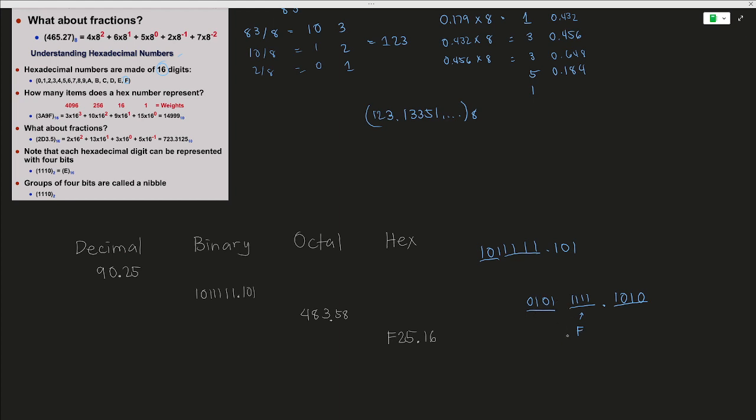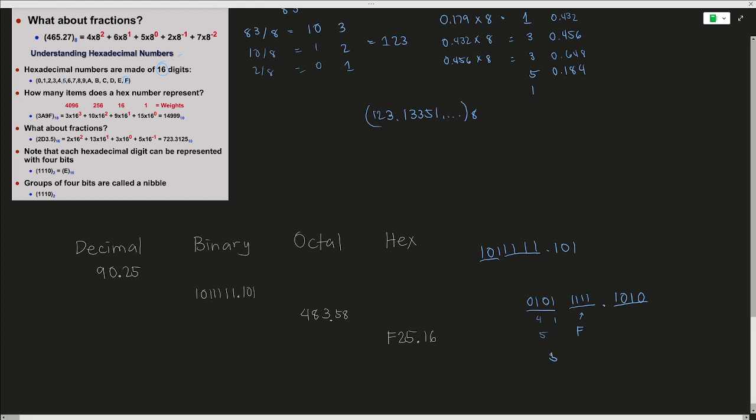0101 is what? So this is 1 to 4. So 4, 1 plus 4 is 5. Meaning, ito yung pinaka-fifth digit which is we know as 5 lang. So we have 5F point